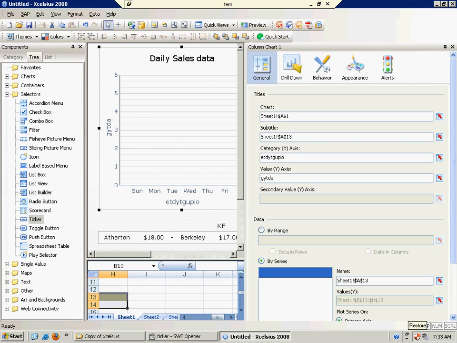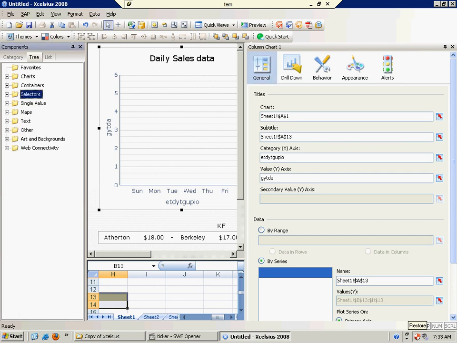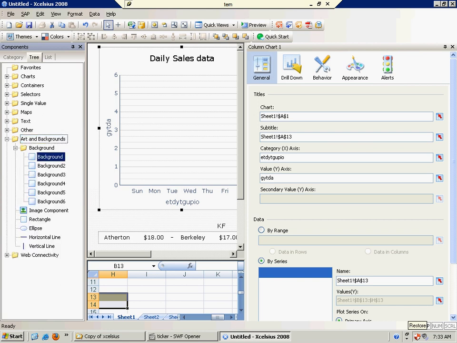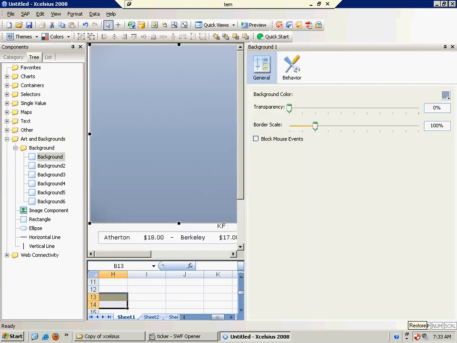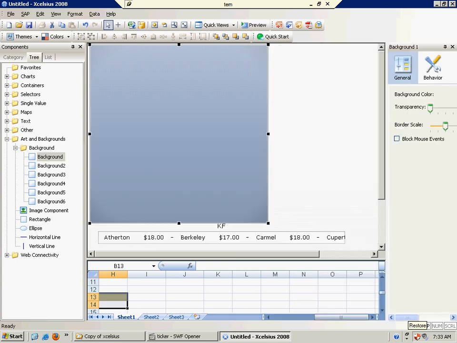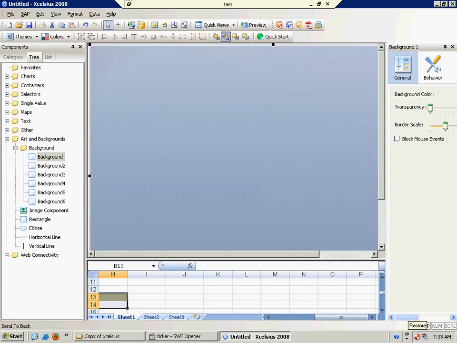Now I want to apply a background for this one. So where do I have to go? The background component I want to apply. Appearance will change the features in this background. Okay. First you have to apply what? Component. Send to